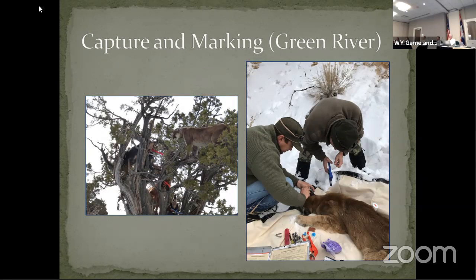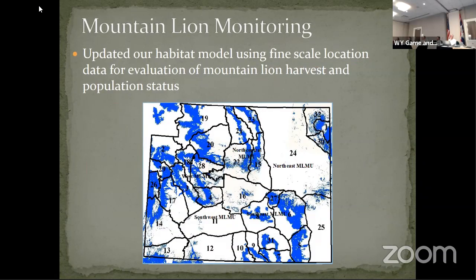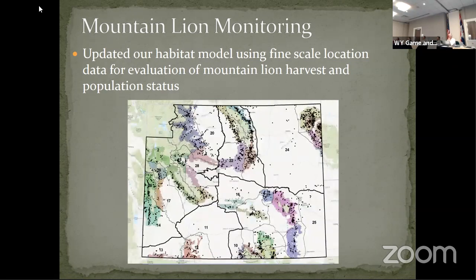So this habitat map was in our 2006 mountain lion management plan. You can see there's big chunks missing. And so when I came on board, we were able to do a statewide habitat map, because the quantification of habitat is what drives our understanding of their density. A lot of this was not based on fine scale data, especially in this area. That information that we've collected over the past several years allowed us to very well quantify habitat in this area. And then if you plot our harvest data over it, you can see it really maps it well. Again, that's better informing our management.